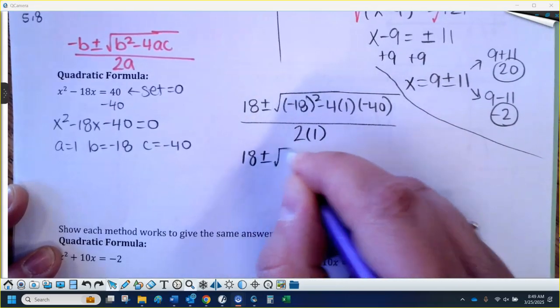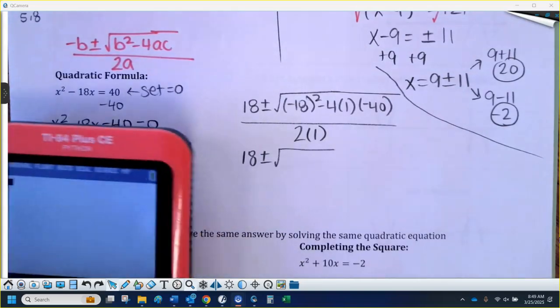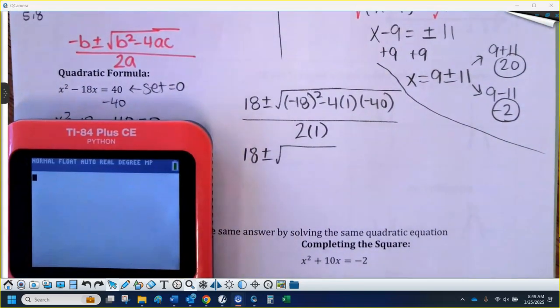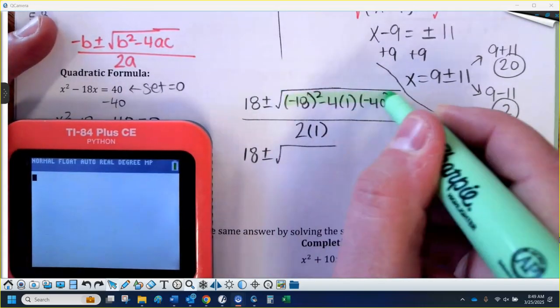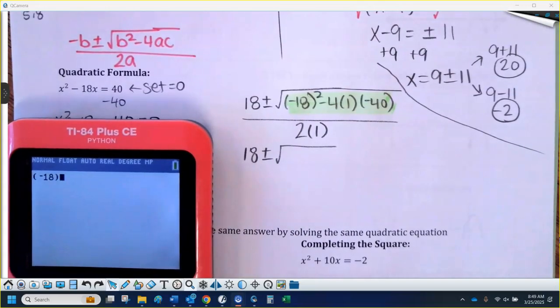Now, I kind of do this in 2 steps just to help me figure out whatever's under the square root. So I'm not typing a square root. I'm just going to copy what I have under the square root into my calculator to figure out what that is so we can see if we need to break that radical down. So I can do negative 18 squared, minus 4 times 1 times negative 40, and I get